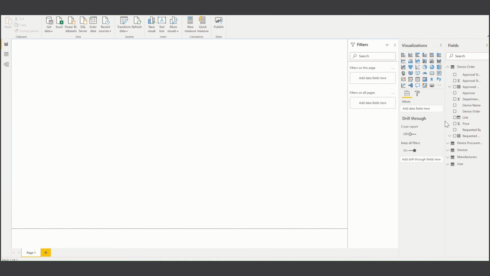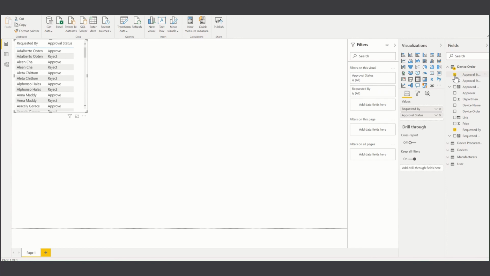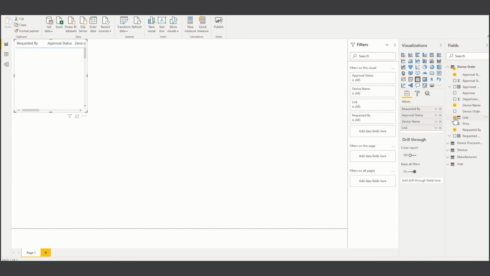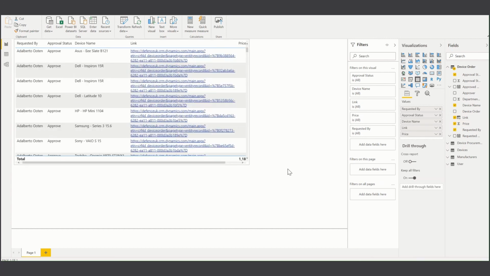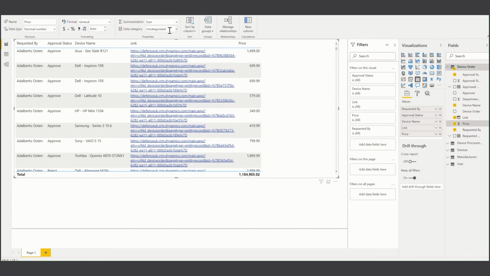From the right hand side here, I can select the requested by column. I could then go and click a number of others, such as the approval status, the device name, this new link column that I've created, and price. And I can expand the table here so I can see all of this information. For price, I can select it and I can change the format here to be a currency,